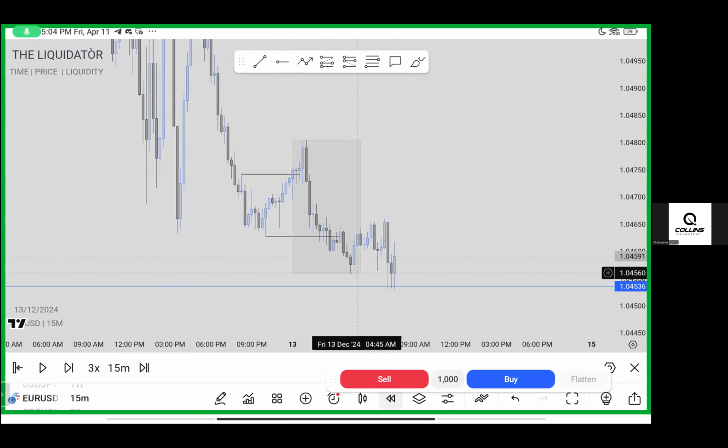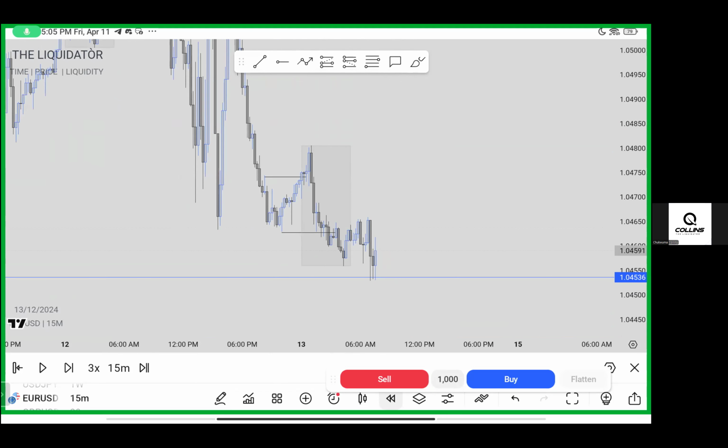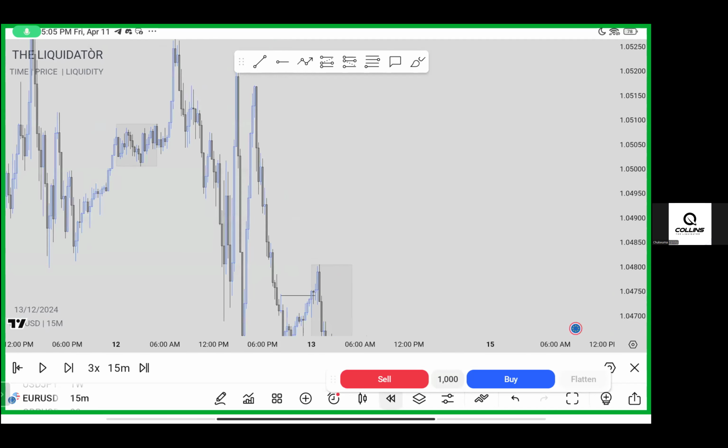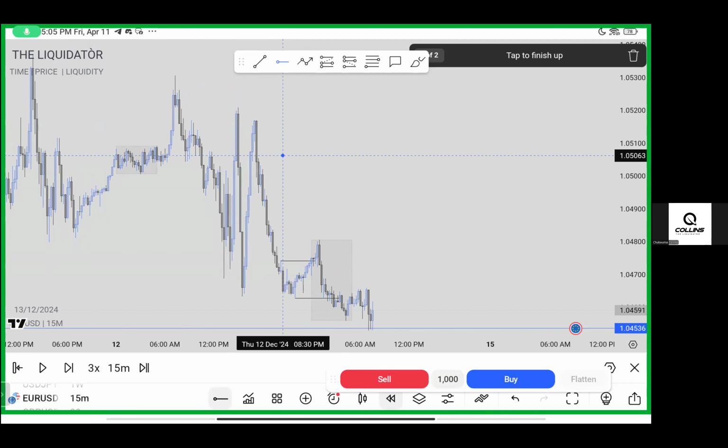So whenever price is reacting from your higher time frame POI, what do I say? I said that we need to see a bullish breakout on the 15-minute time frame. That's what we are doing. Once the breakout has been formed, our next step, if you have been following what I've been saying, is to move to the 1-hour time frame to see if the 1 hour has created the order block so we can target external highs. So where are the external highs? This is the external liquidity here.